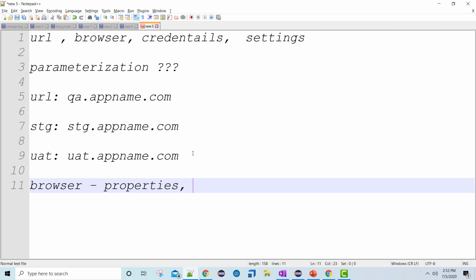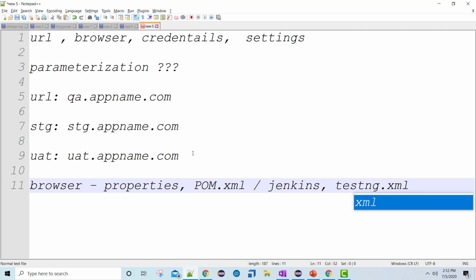After this, what we are going to see is how we can pass the browser name from pom.xml. Ultimately, we will be getting it from Jenkins, right? Or in some cases, you might be reading this browser name from testng.xml, right? So it all depends on purpose to purpose, how you want it in your framework, what your business requirements are, how you are going to execute it, right? So at a very basic level we are going to create it in properties file. In the next level, in the next framework, we are going to read it directly from Jenkins.